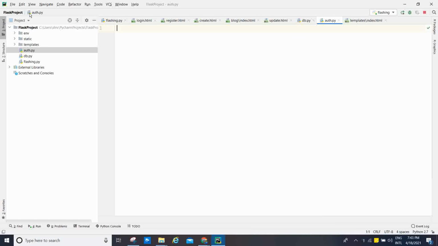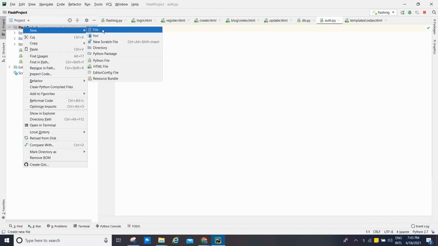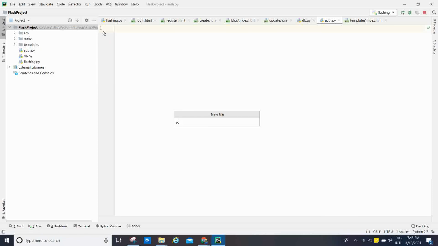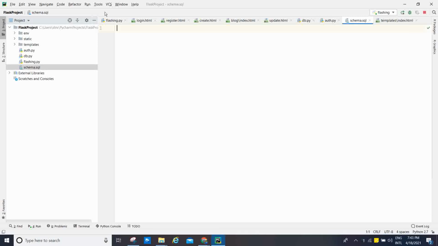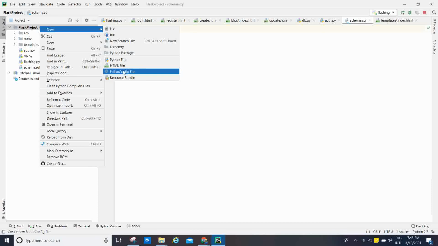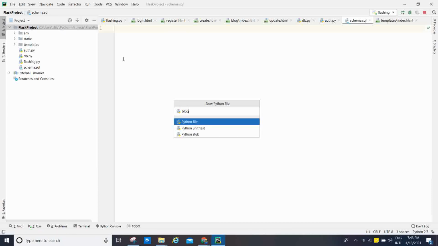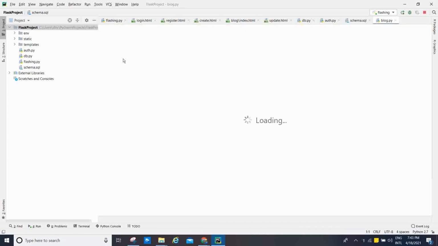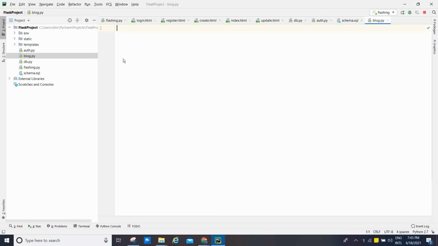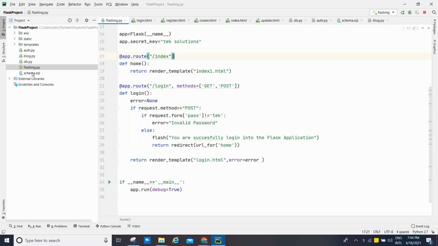We can create the schema file, schema.sql. We can create blog.py here. So we are creating auth, blog, db, flask, and you can ignore that one. We can create the schema also.